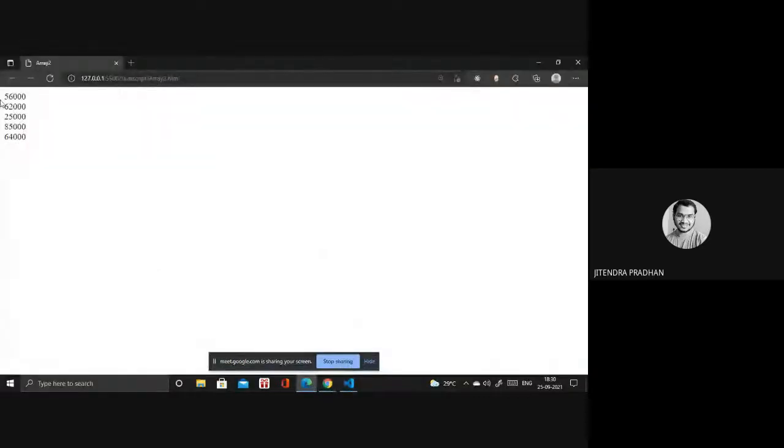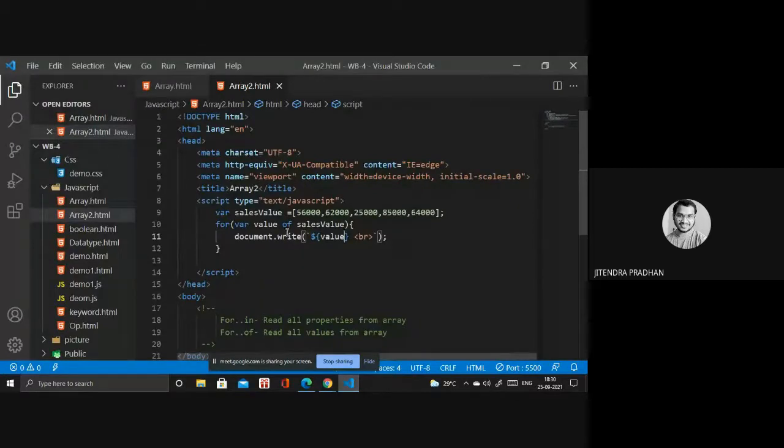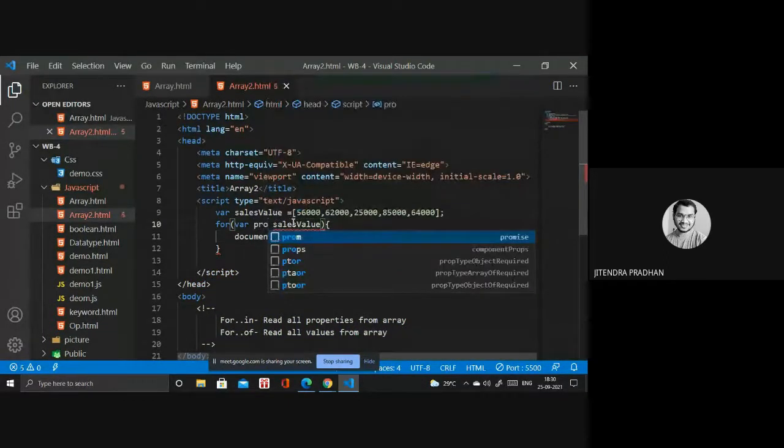So this one is the value. I will get the value by using for of. If I use for in, it will print whatever property we have there. If you want to print the property as well as the value, you need to write something first as the property, like props you can write, no issue.